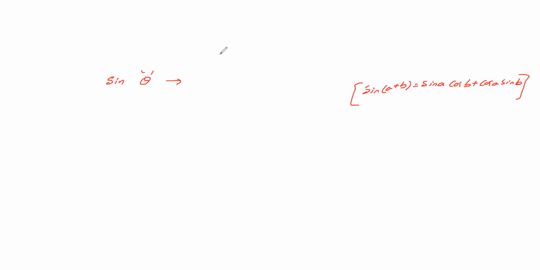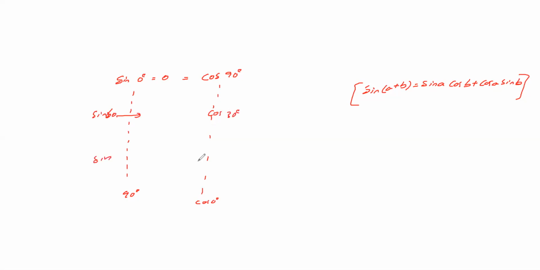For example, let's see small examples here. We know that sin 0 degrees is equal to 0, which is equal to cos 90 degrees. Remember, as the sine angle increases from 0 till 90, the cos value will try to decrease till cos 90 is 0. Remember this relation. That means sin 60 degrees is equal to cos 30 degrees, and sin 30 degrees is equal to cos 60 degrees. So both are reversely proportional here.